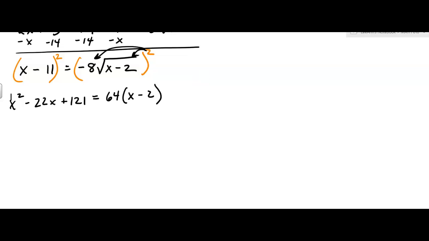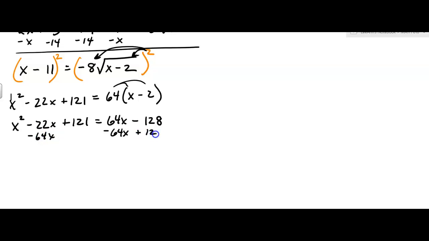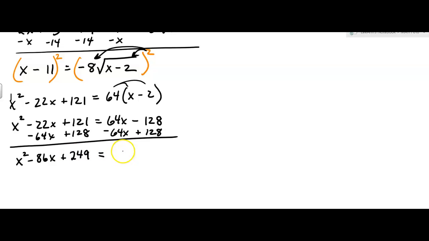Okay, so it is quadratic. Yay. And so I'll distribute here, and I get 64x minus 128. Okay, so let's subtract the 64x. You're probably saying, this is a lot of work. Let's add the 128. I would agree. It's a lot of work for this one. Let's see what we get. x squared minus 86x plus 249. Oh my goodness, 249